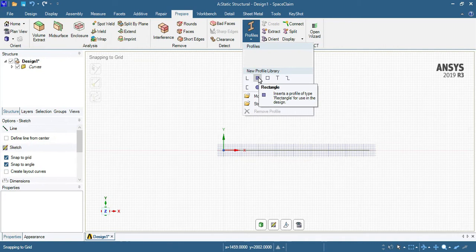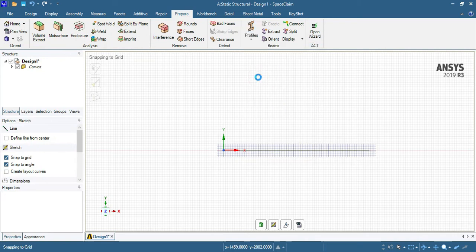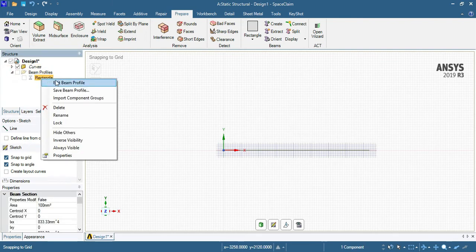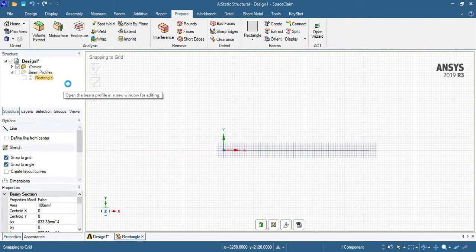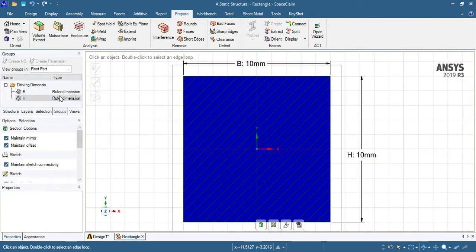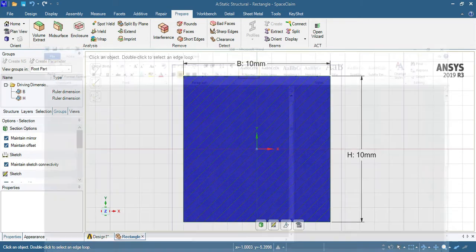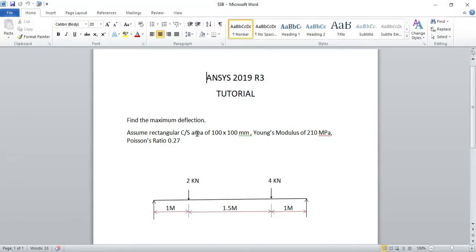Select here rectangle. Now right click on it and go for edit. So here the cross sectional area is given.